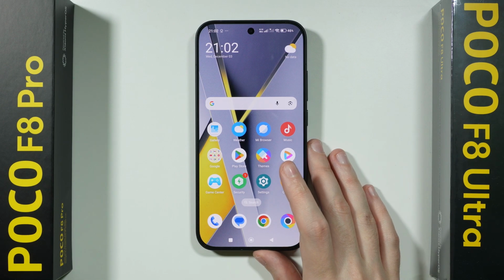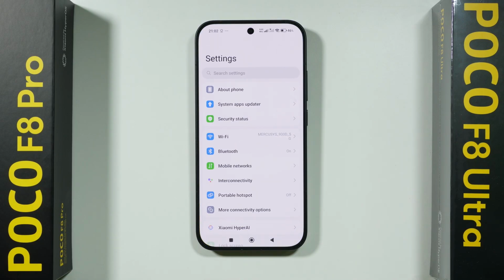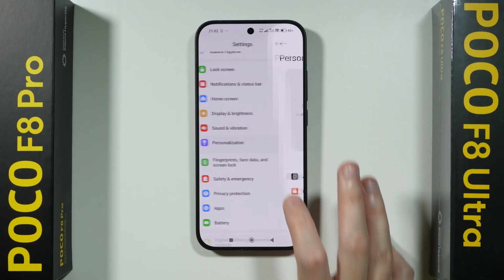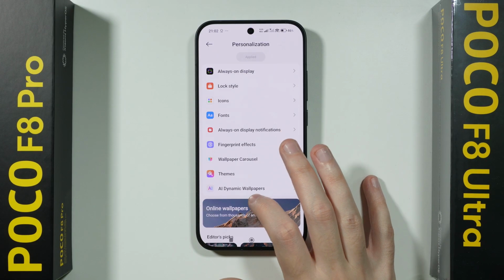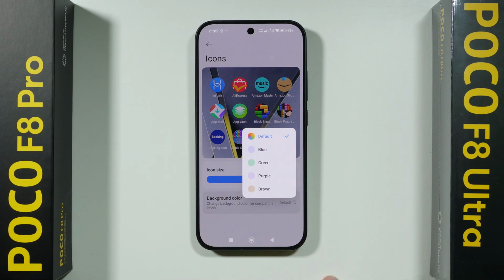If you want to change icon color on POCO F8 Pro or POCO F8 Ultra, what you need to do is go to settings. Now over here in settings, if you scroll down, you should be able to find personalization. Next in personalization, we can go to icons, and what you can do is change the background color